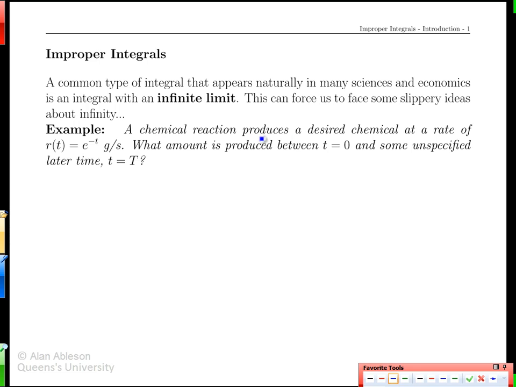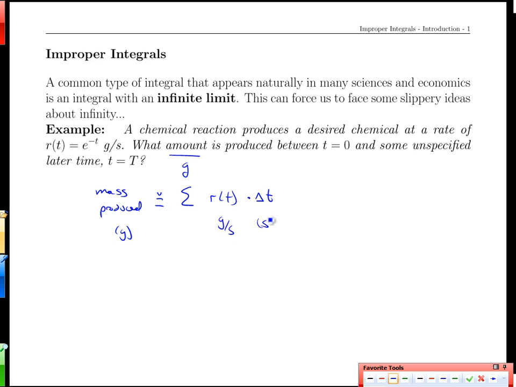A chemical reaction produces a desired chemical at a rate of R of t, in grams per second. What amount, so amount would be in grams, is produced between t equals 0 and some later time, capital T? Well, the mass produced in grams would be approximately the sum of the rate, which is in grams per second, times some small unit of time, delta t, in seconds. That's how we'd have to use this changing rate with some units of time to get a total mass. We couldn't just pick a particular rate or a particular time, so we'd have to do this kind of sum,